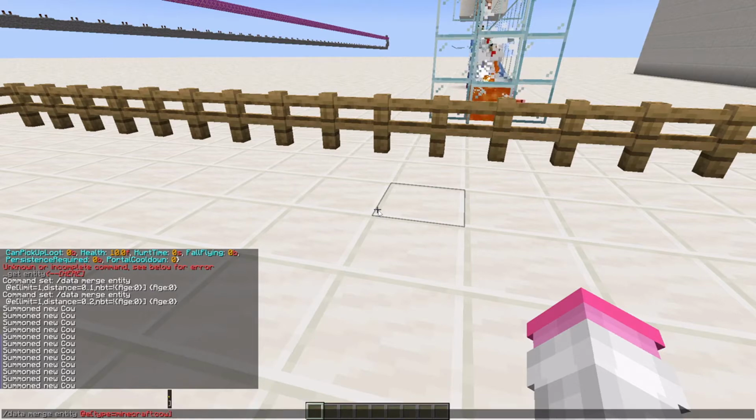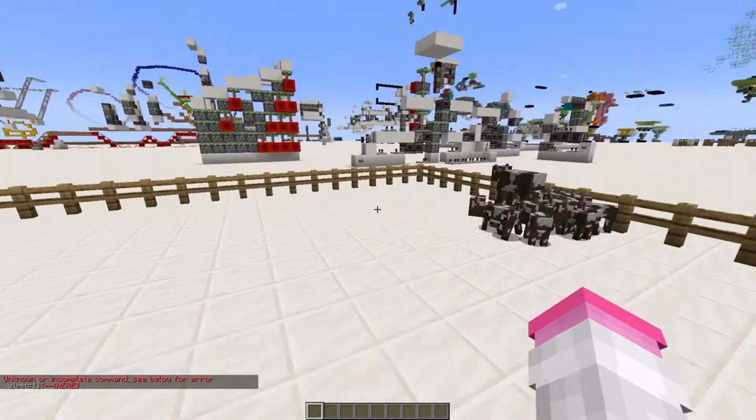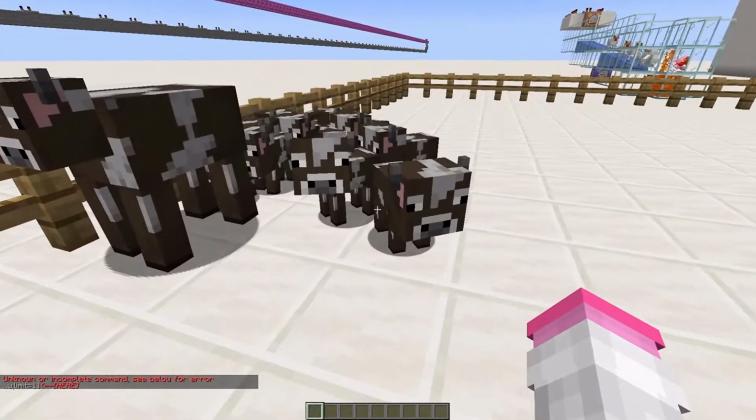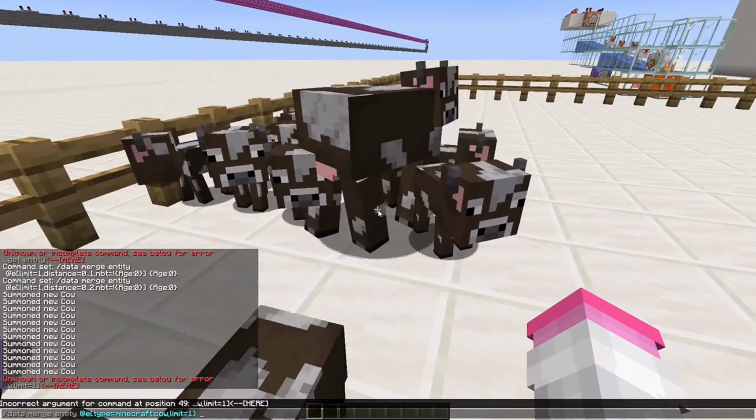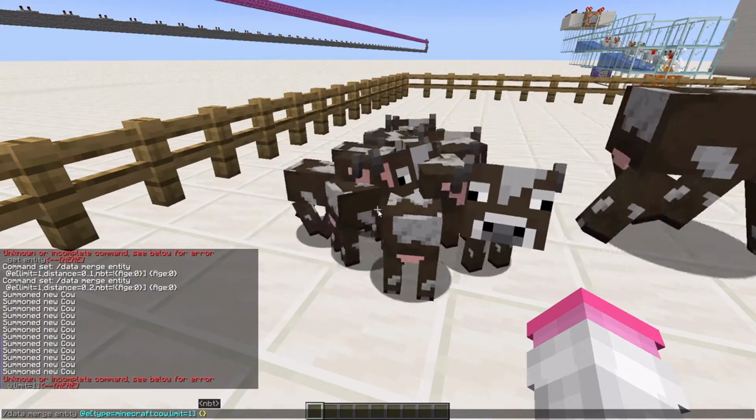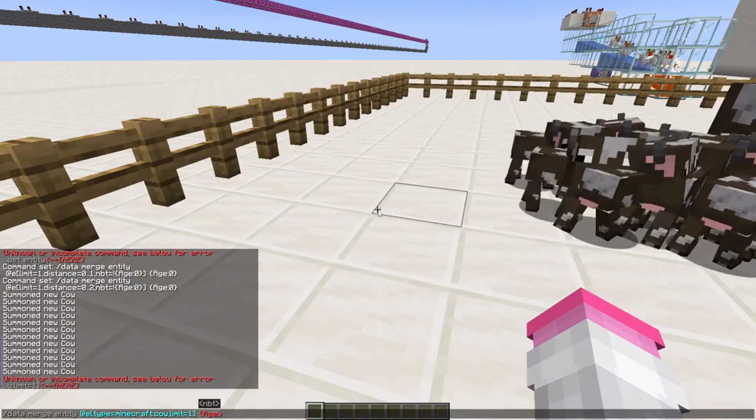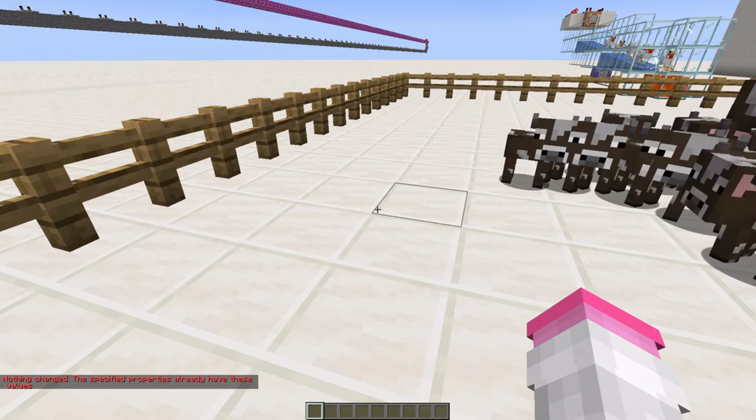And it's going to give you this error saying that only one entity is allowed. You're not allowed to select more than one. So you have to do limit=1. That's not the whole command yet. We're going to tell it what we want to merge, and what we want to do is Age:0. And so that